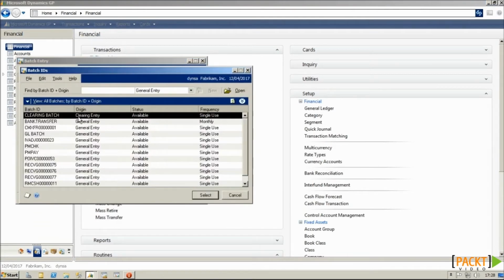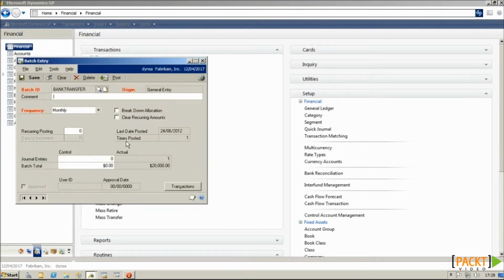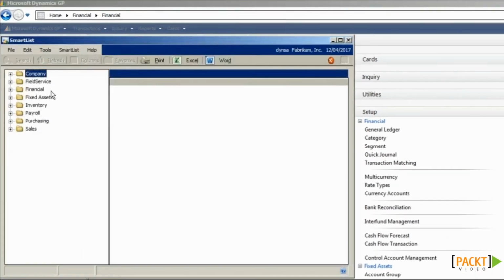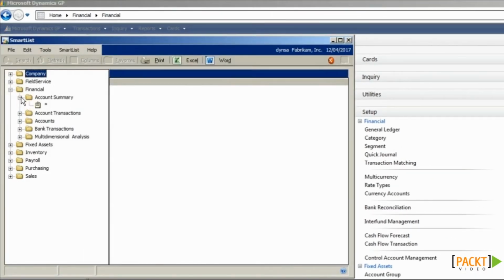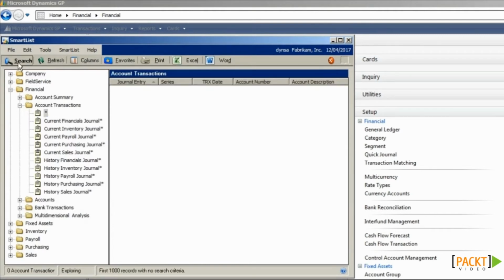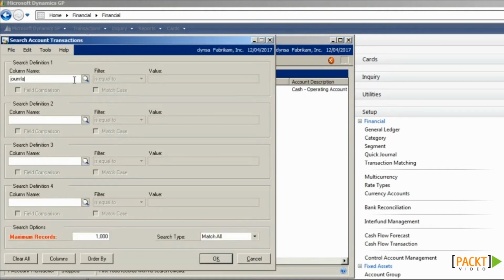And on the batch as well, one thing to note is that it keeps a track of the number of times the batch has been posted and when the last posting was. Additionally, if you want to inquire on the batch using SmartList, what we can do is do a lookup on the journal entry number,